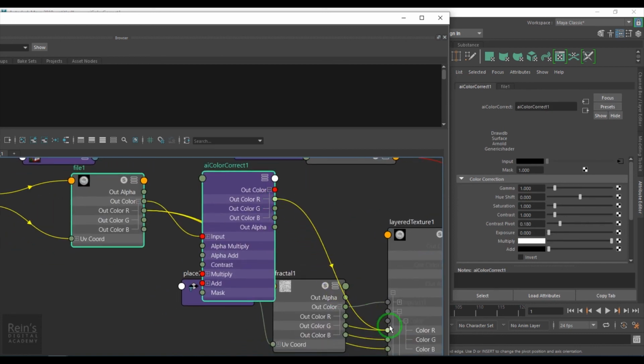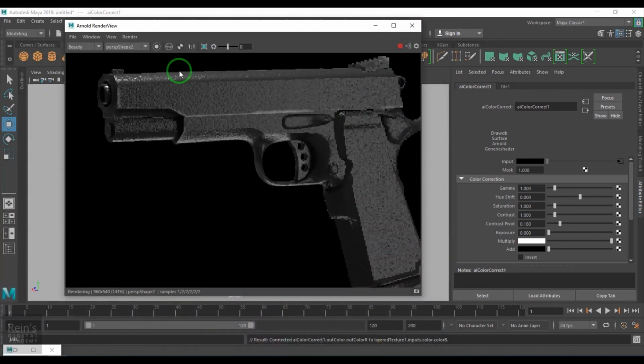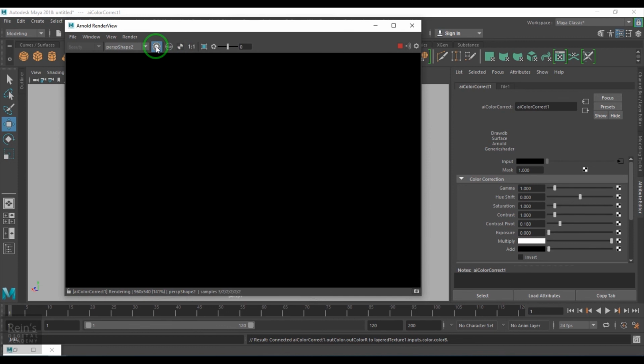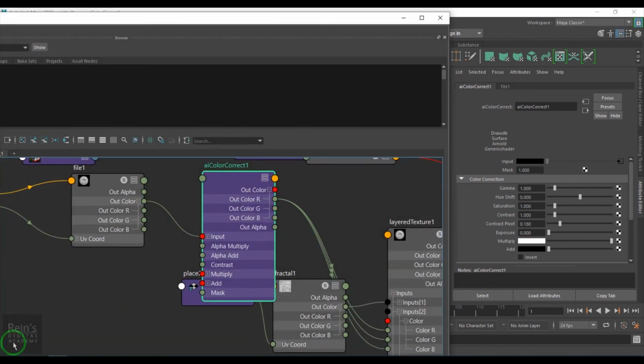And in between you can maybe add a color correction tool, and then you can take it further, like file goes to color correct.